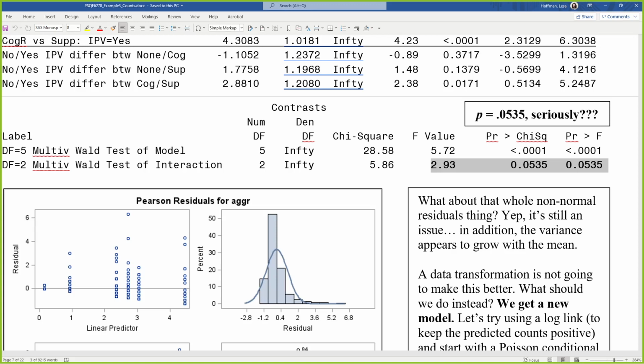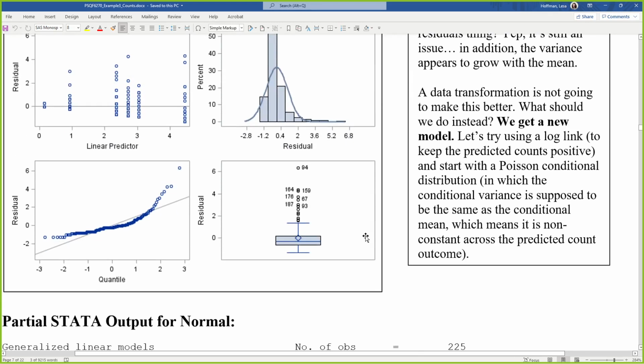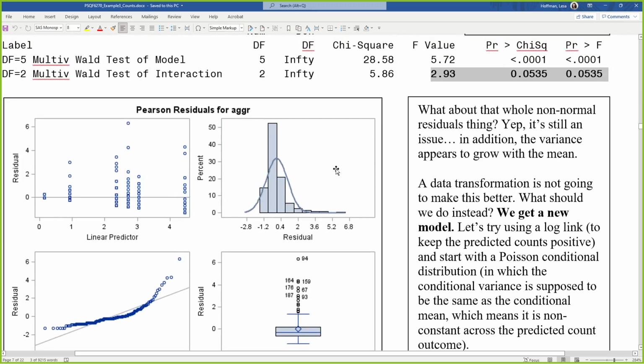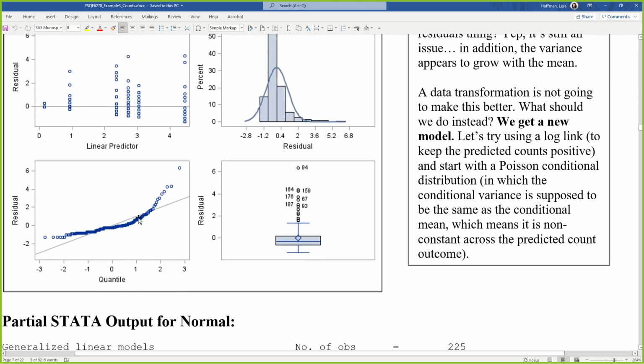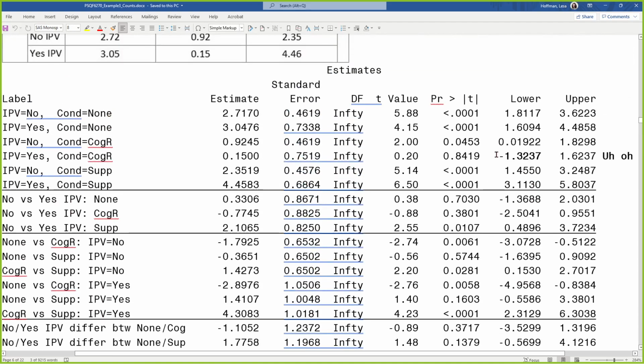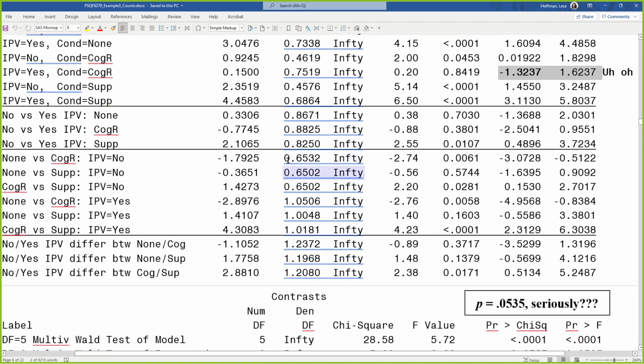Standard errors come from your variance model, your conditional distribution. Here's a picture that glmmTMB spits out about your residuals, and yeah, nothing about this picture is good. There's an overlay of a normal distribution, yeah, that definitely doesn't fit. Here's a scatter plot where the residuals are supposed to have constant variance, and that definitely doesn't fit. The variance definitely increases as you move away from 0. And here's a QQ plot where the points are supposed to be on the line, and yeah, definitely no. So by every eyeball standard plus confidence intervals that go out of bounds, this is not a good choice.